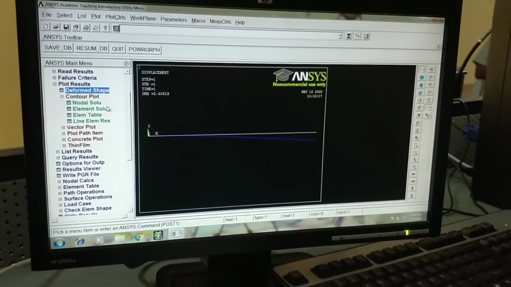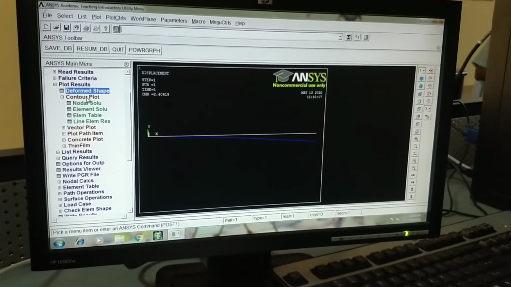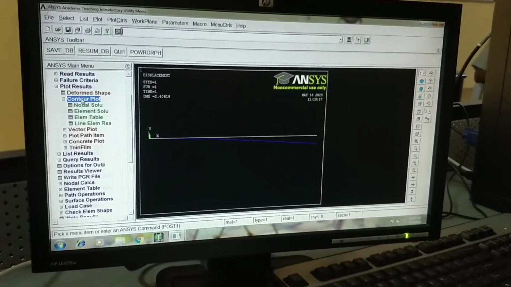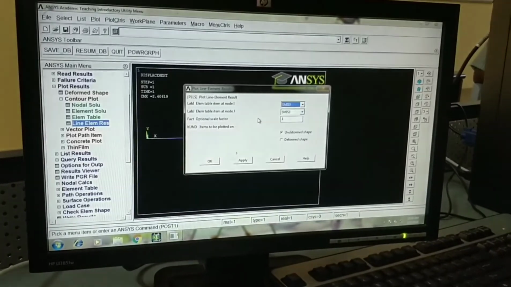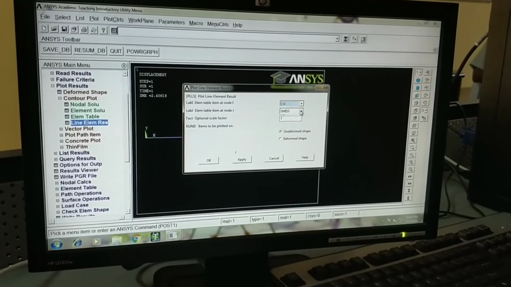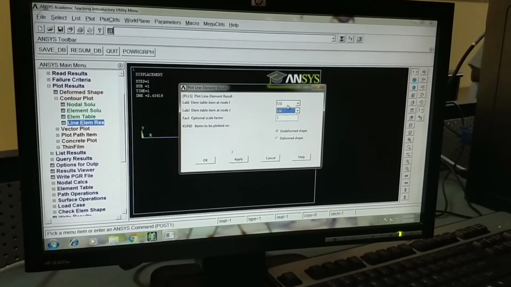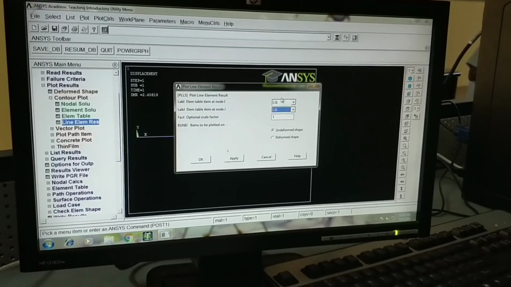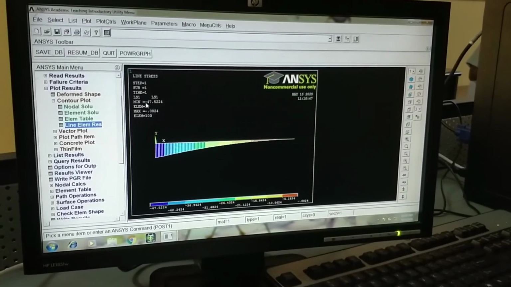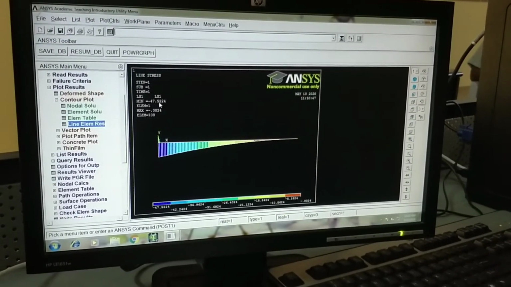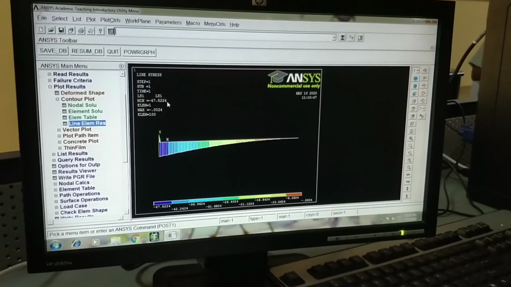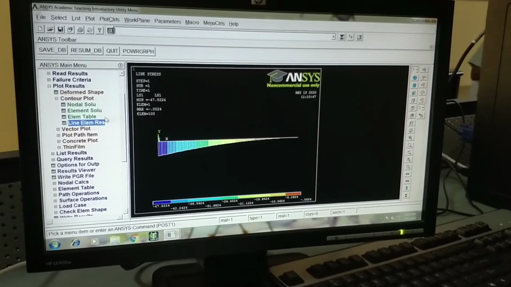This is the deflection value. And if you want to view the bending stress, you can go to deformed shape, contour plot, line element results. So element table at I, change both these values to at I and J as LS1, LS1. So this is for obtaining bending stress. Click on OK. Now this is the value of bending stress. Forget about the sign, 47.5224, and this is the bending stress that we have obtained. Again, you can cross check this with the analytical solution you have obtained.